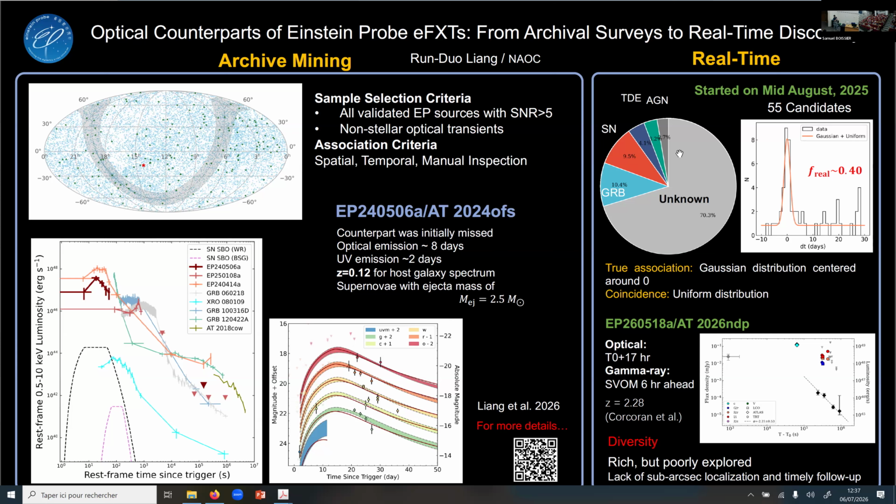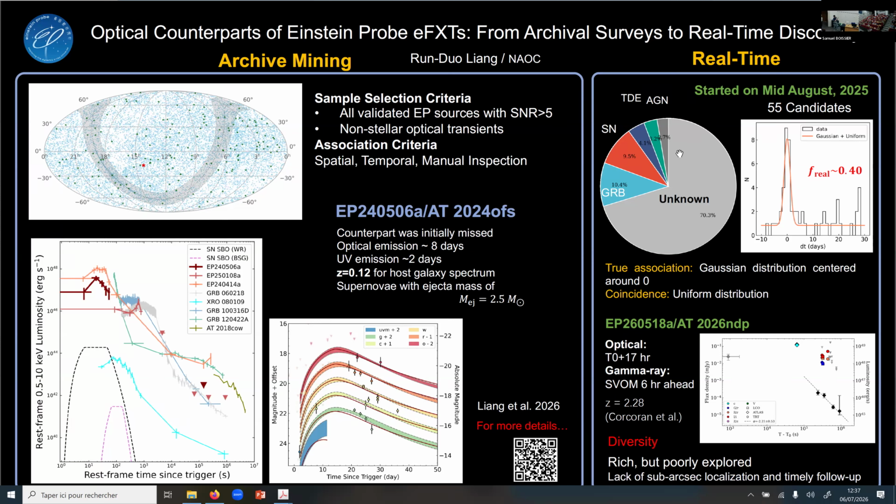And here's the histogram of the distribution of the time delay. We can model it with a Gaussian plus uniform distribution, and then we can constrain the f_real, which represents the fraction of real candidates, to be 0.4, which means there are more real candidates in the unknown match. And I also want to highlight one case,